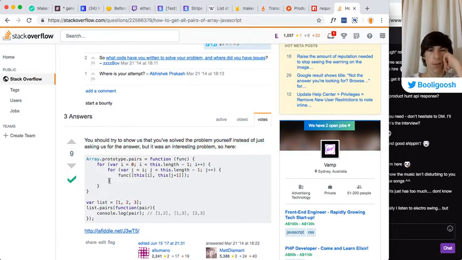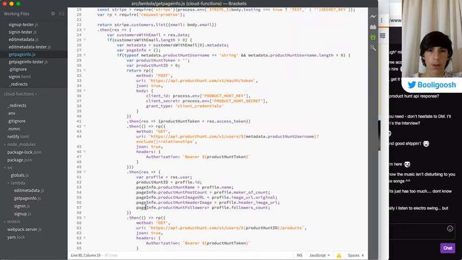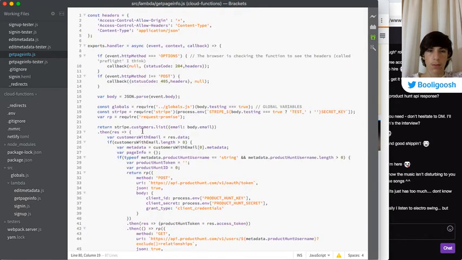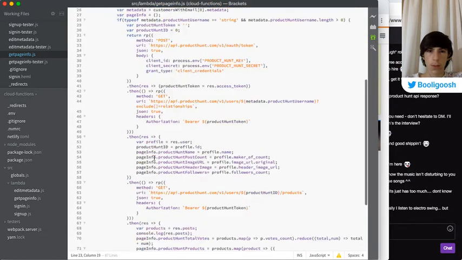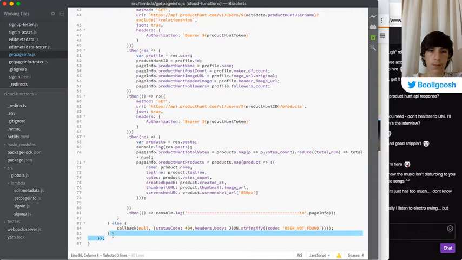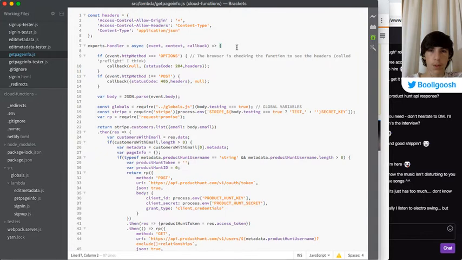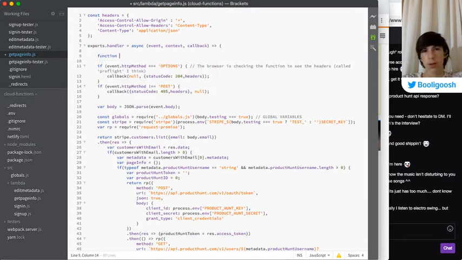Okay. Yeah, let's just copy this code. Where should I put this? Just put it right at the bottom, right at the top maybe. Generate pairs array.